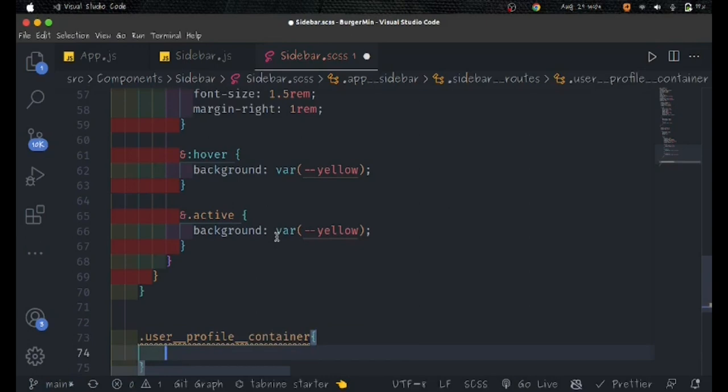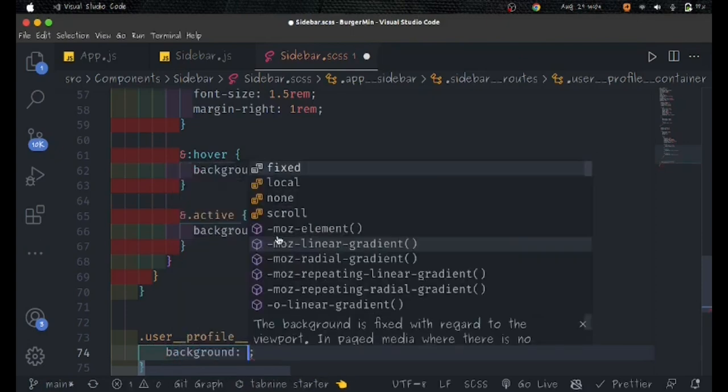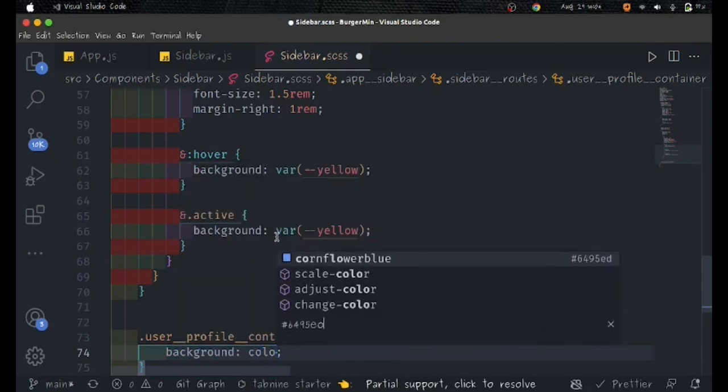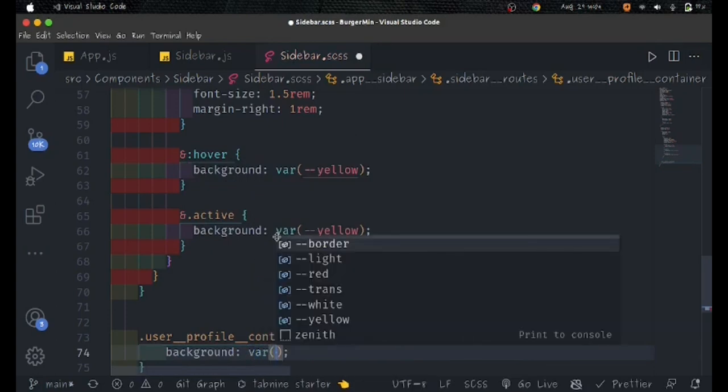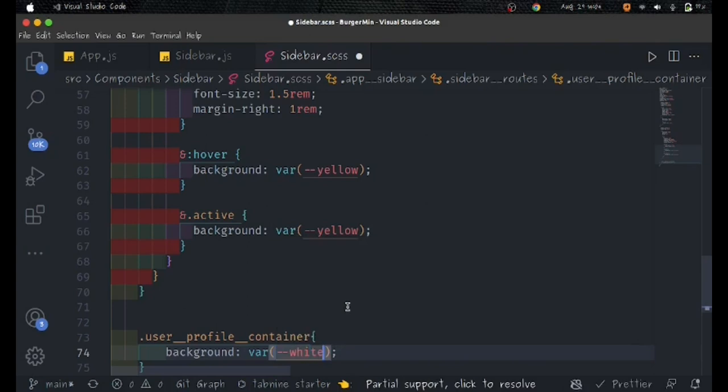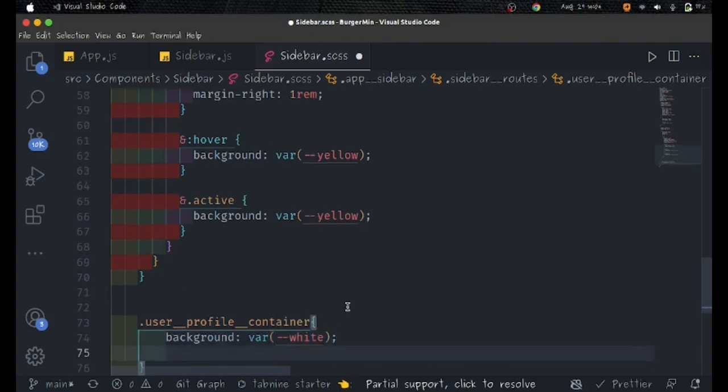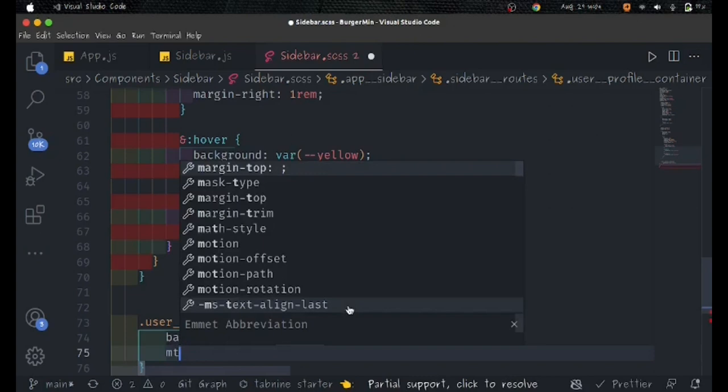I want to give it a background. It is going to have a background color, white. It's going to be using our white variable here, and it's also going to have a margin top of 3 rem,